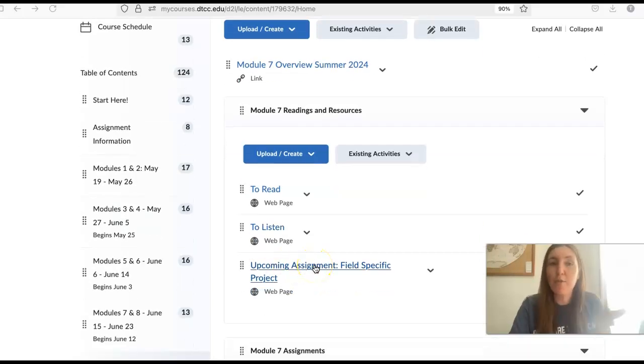The main thing to be working on for module 7 and 8 is the field specific project. So remember, we talked about this a little bit in module 6, but you need to find someone who's working in the healthcare field, someone who speaks English, and you're going to ask them, what do you do when you get a patient that doesn't speak English, right? You want to ask them, what are their procedures? Ask them to tell you about cultural differences, ask them to tell you what they've done if their procedures didn't work, if there's a specific patient they remember trying to communicate with, all of that stuff.